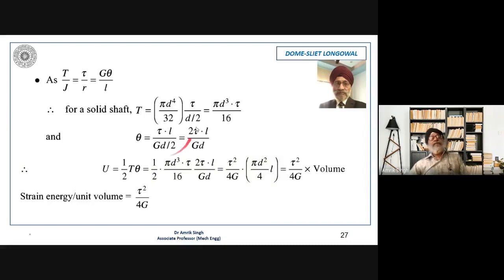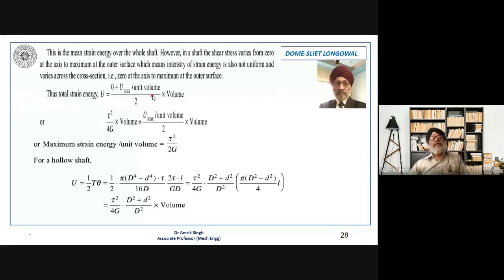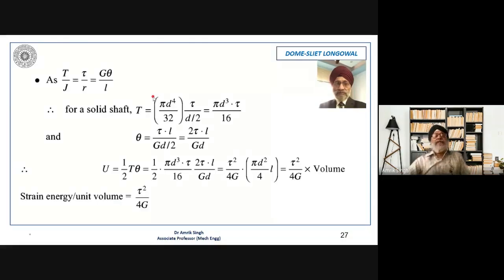Okay. So the strain energy will be equal to half T into theta. So we have calculated T here, that is torque. We have calculated theta here. So it is half pi d cube. So we have put all these values. So we will get this, and this will be tau square upon 4G